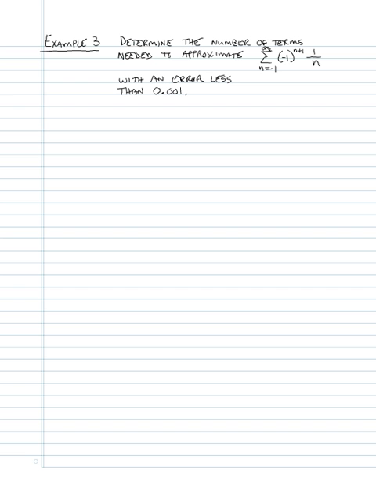As we read this third example, we're to determine the number of terms needed to approximate the alternating harmonic series to an error within 1/1000th, again an error less than 1/1000th. What that means, once again, is we already know that this series is a convergent alternating series. And so what we're looking for is where a sub n plus 1 is less than, oh no, not less than or equal to, that's a big deal here, it's strictly less than